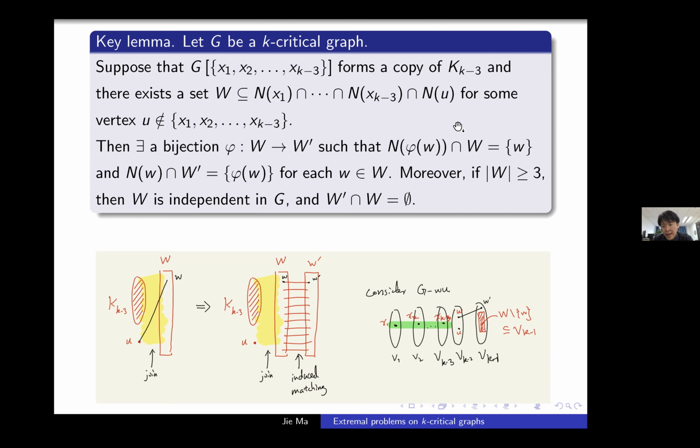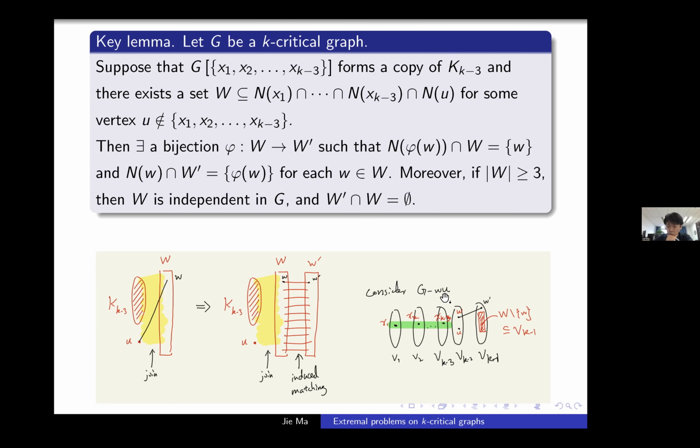They form a k minus 3 clique. Of course, each of them will sit in a different part. So let's assume x1 is in V1, x2 is in V2, and x_{k-3} is in V_{k-3}. Okay, now where are those